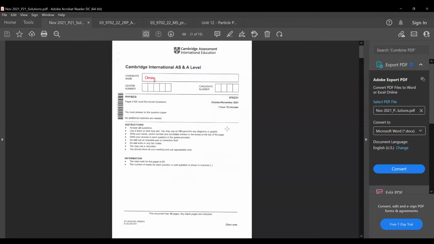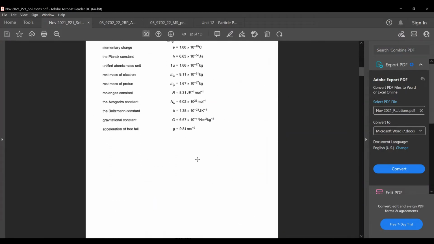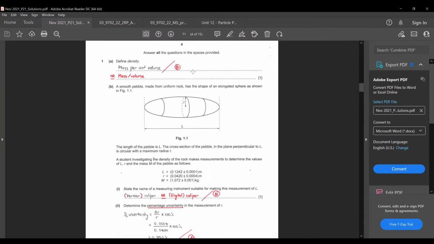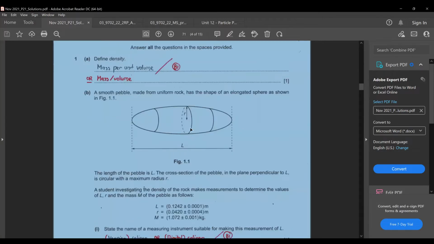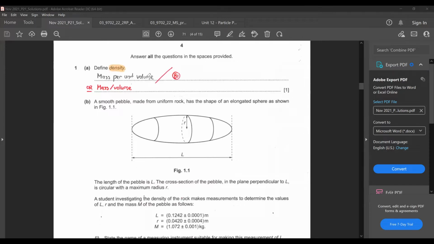Okay, so November 2021 P21, we'll just have a look at it. This one will just revise the entire syllabus as we go through the questions. All right, so define density. The first part is just define density: mass per unit volume, or you can just write it